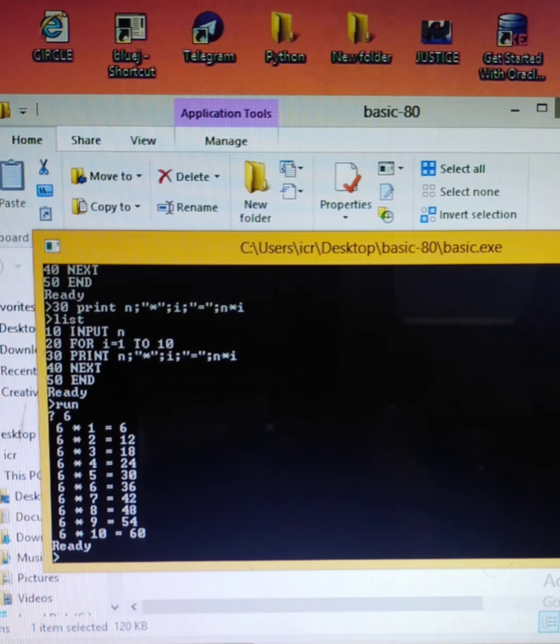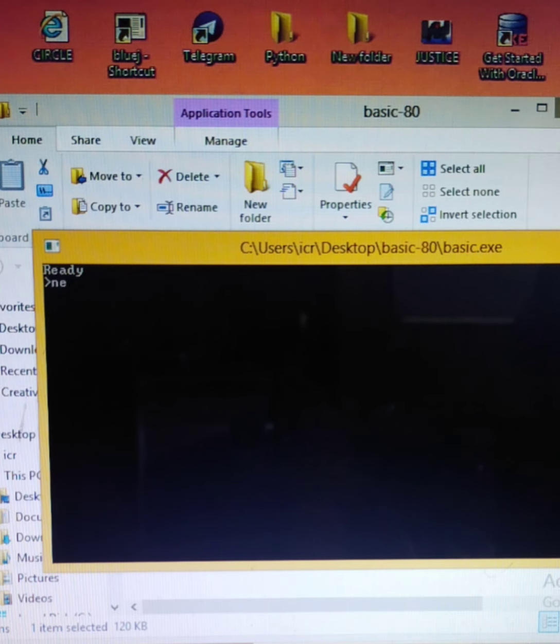Right? One more program we'll see, and that is to enter a limit and print the squares of the natural numbers like 1, 4, 9. The square of 1 is 1, the square of 2 is 4, the square of 3 is 9, and so on. So first of all, we'll have to enter a limit. New auto. We'll input a limit from the user. So for I is equal to 1 to n,